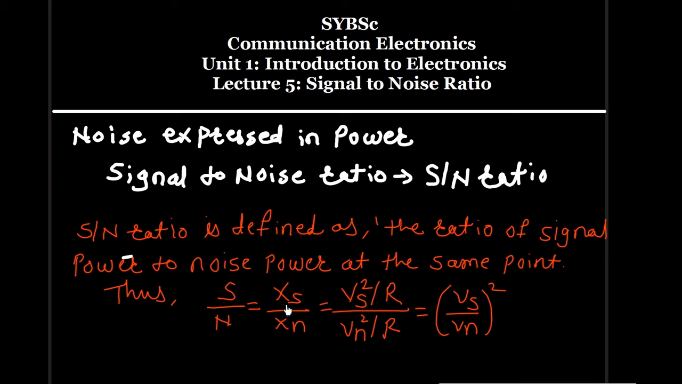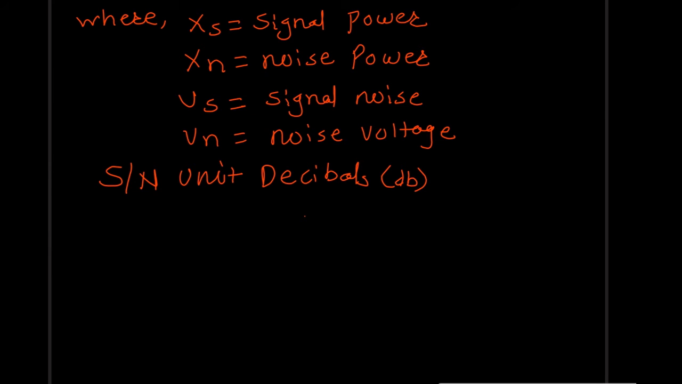S by N is equal to Xs upon Xn is equal to Vs square upon R divided by Vn square upon R. That means Vs is the signal voltage and Vn is the noise voltage. With R's cancelled, we get Vs upon Vn whole bracket square. So we will discuss a problem on that. Let us take one problem. If a receiver has an input